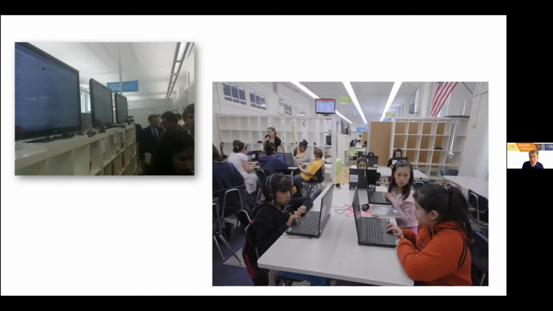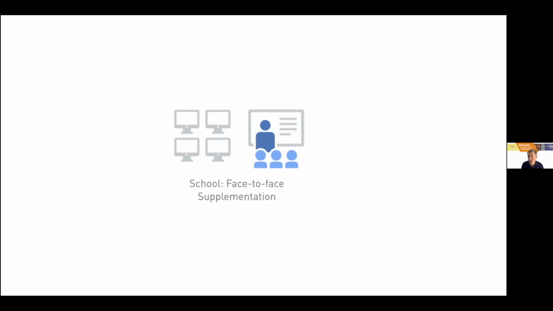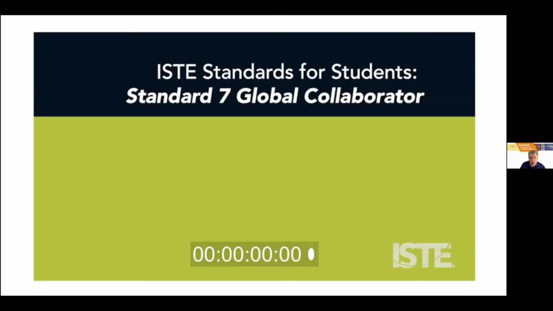Let me show you the last model. This is the last one that I'll have time to show, and I'm going to show it with a little bit of video. This is one of the easiest ones to use. It simply says we pull in experts from other parts of the world, or parts of our town or city, over technology. This is a great, easy way to do blended learning. We don't have to rely only on teachers that are in the building. So I'm going to show a very short video of this because I love this example of blended learning.